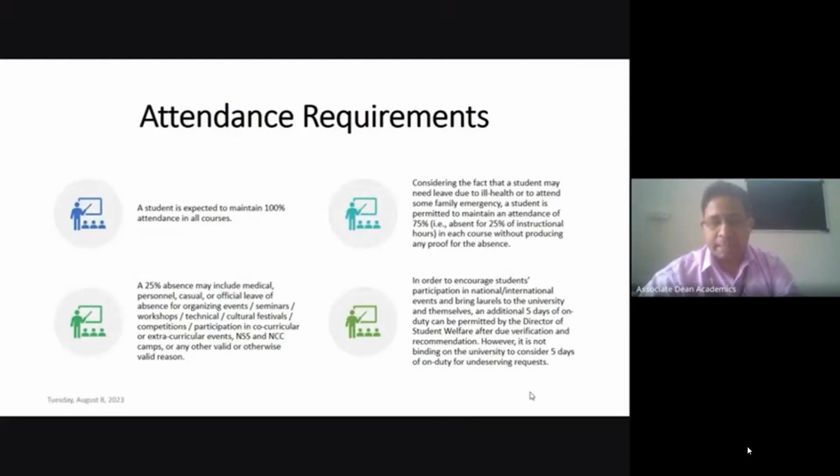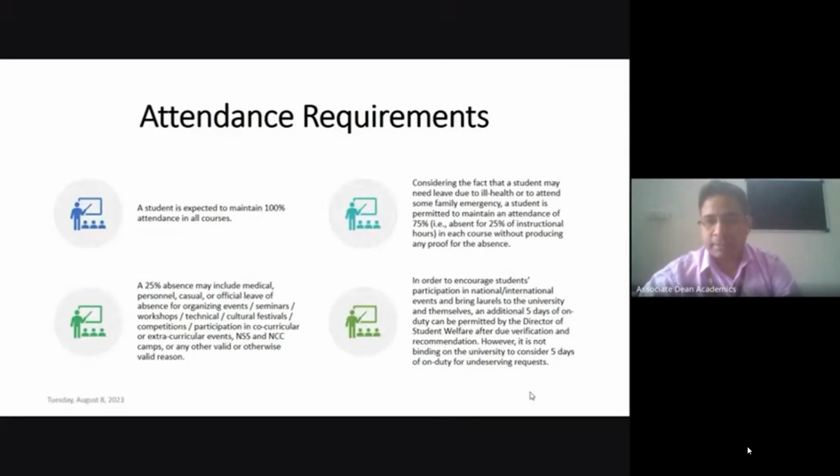But that may not be satisfied all the time by all students because of personal issues, medical issues, or family issues. So we will not force everyone to attend 100% of classes. We have given relaxation for 25% of classes: if you maintain up to 75% attendance, we can allow you to write any examination, whether it is the midterm examination or the term end examination.